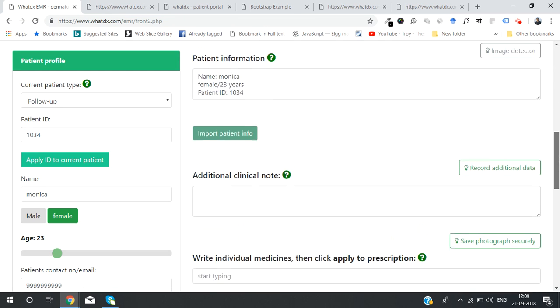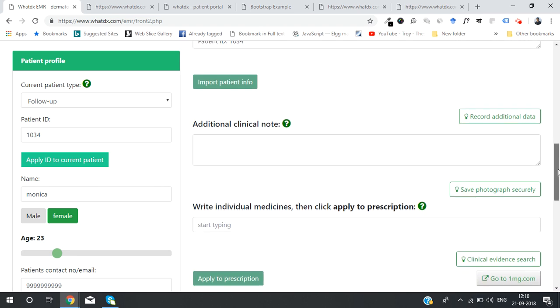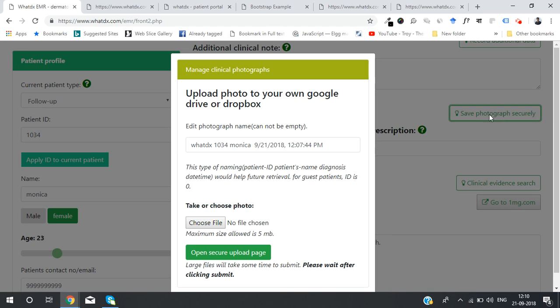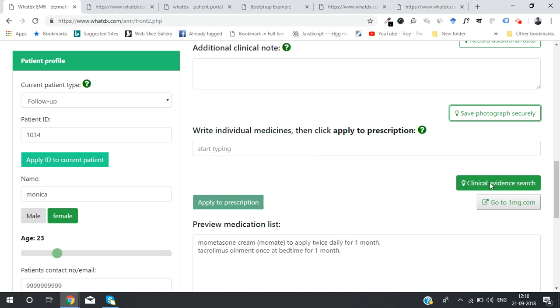There are many other options, like there is an option to save the photographs. There is an option to search for